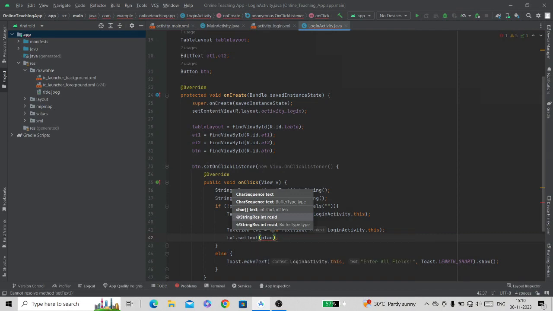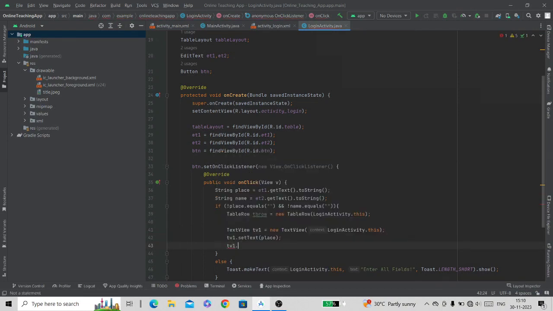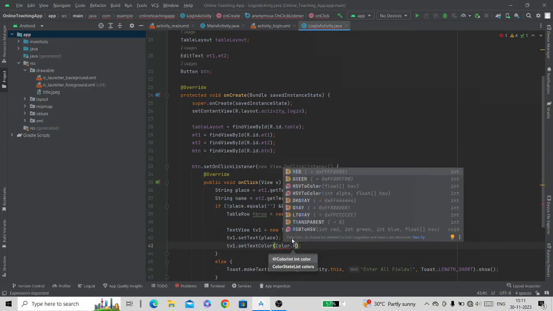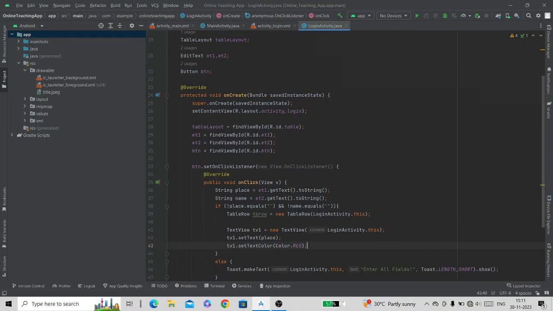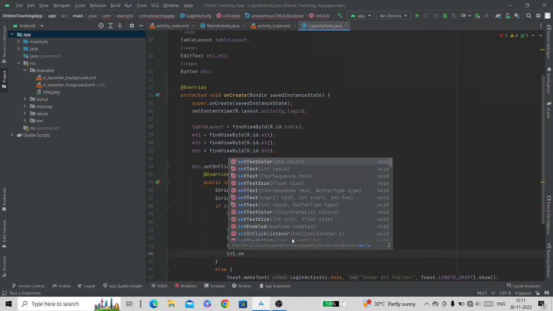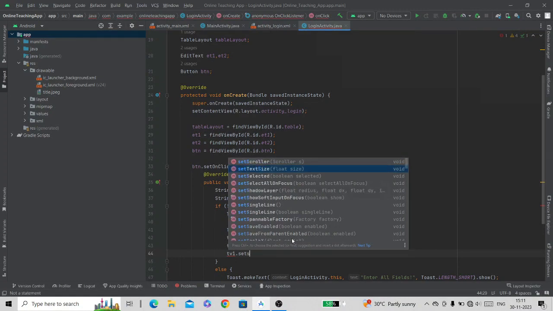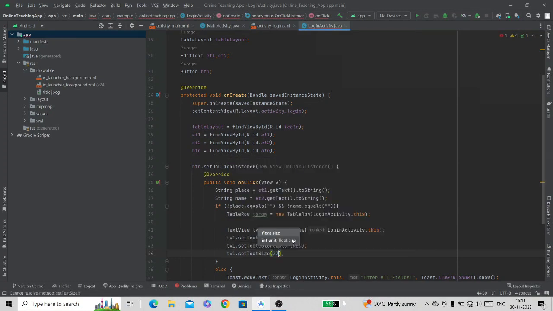Here we will pass the place string. Using this setTextColor, we can set the color of the text. We will give red color. Using this setTextSize, we will give the size of our text. Now we will set the gravity.